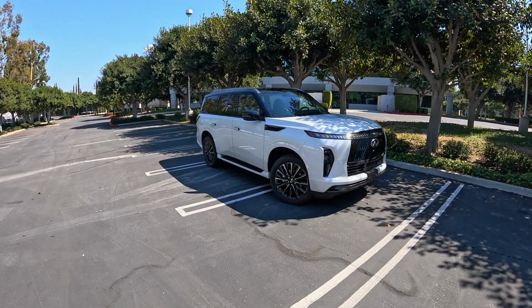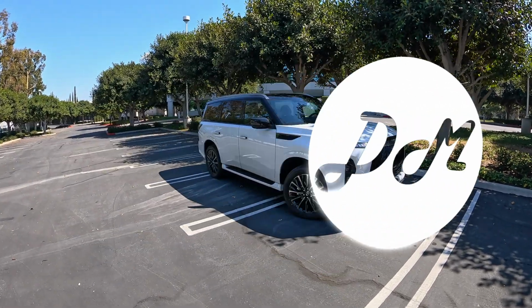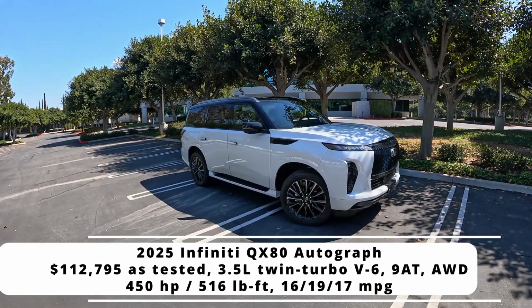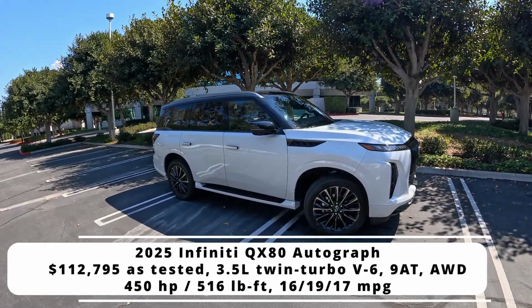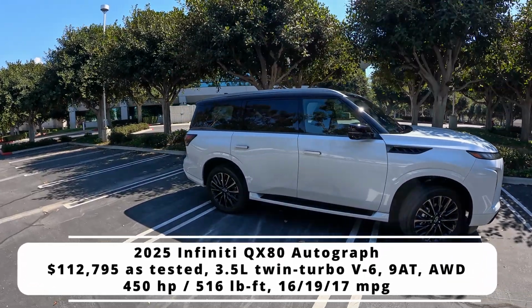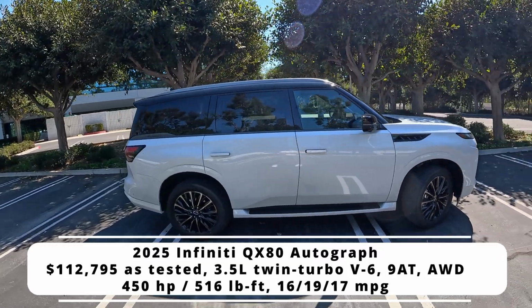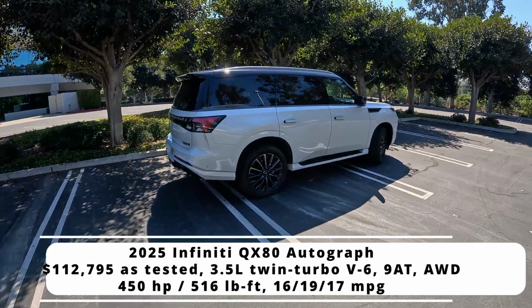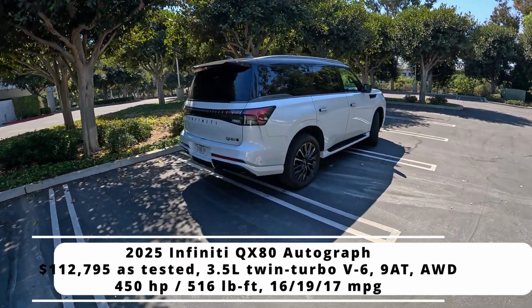Hey everybody, it's Charlie from Daily Motor, and I've been spending the week with the all-new 2025 Infiniti QX80. Completely redesigned for this year, we're getting a 3.5-liter twin-turbocharged V6 engine in place of the outgoing 5.6-liter V8. We're getting a good amount of updated luxury features, and in this one in front of us, we're getting a